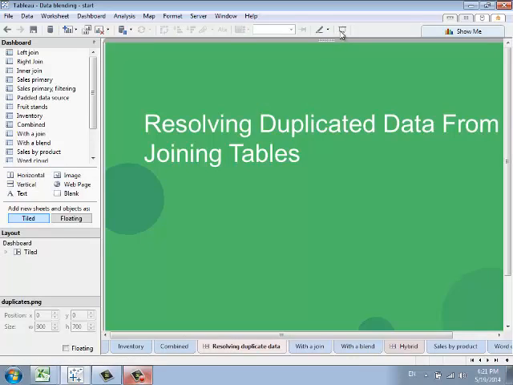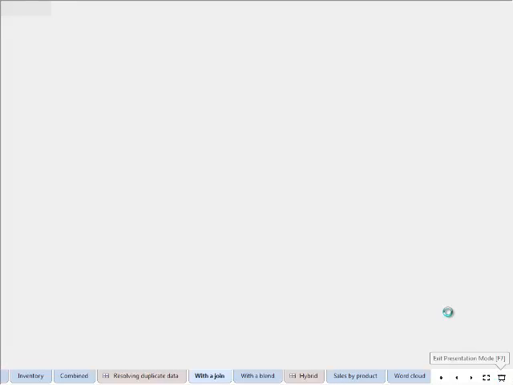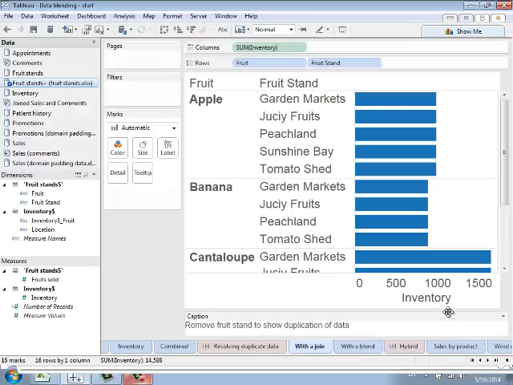Now, another thing that data blending can be useful for is in resolving duplicated data that is caused from joining tables. So let's look at an example of that. Let's suppose that you had joined those two tables. So this data set here is joining fruit stands to inventory. For those of you who are asking why would you ever join those tables,